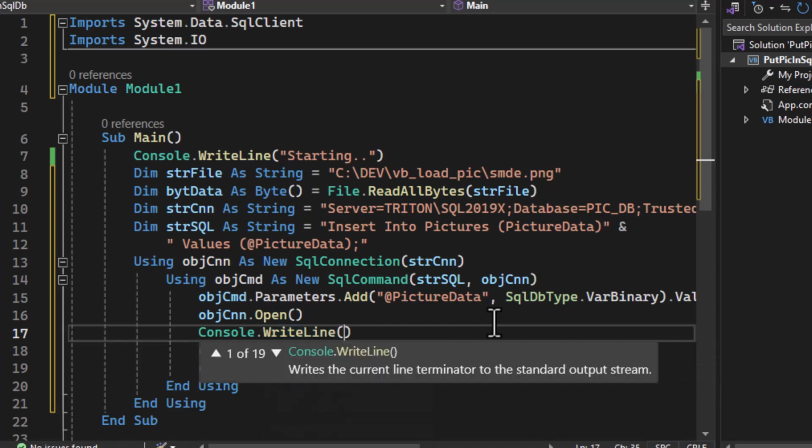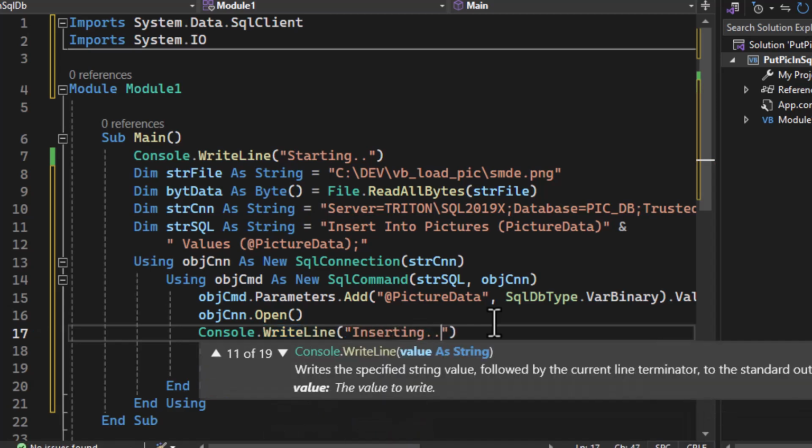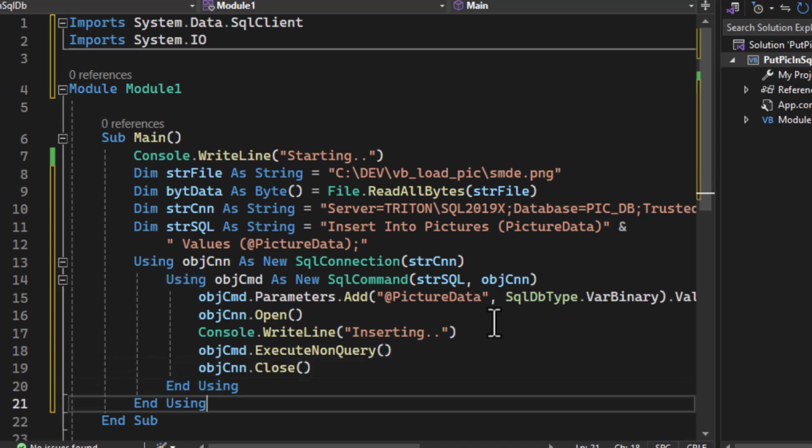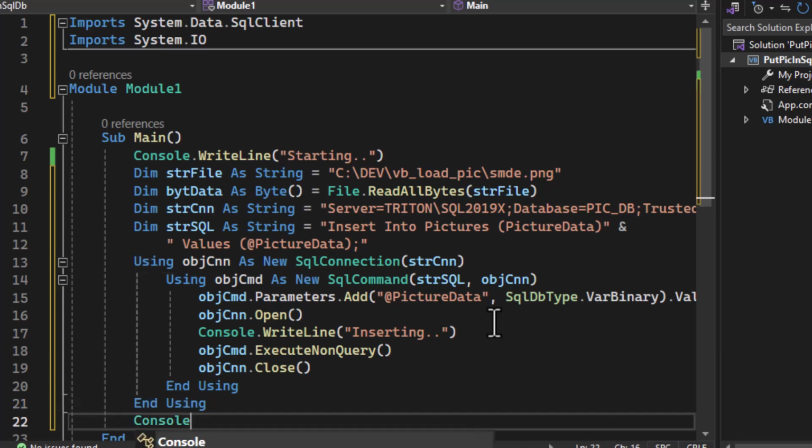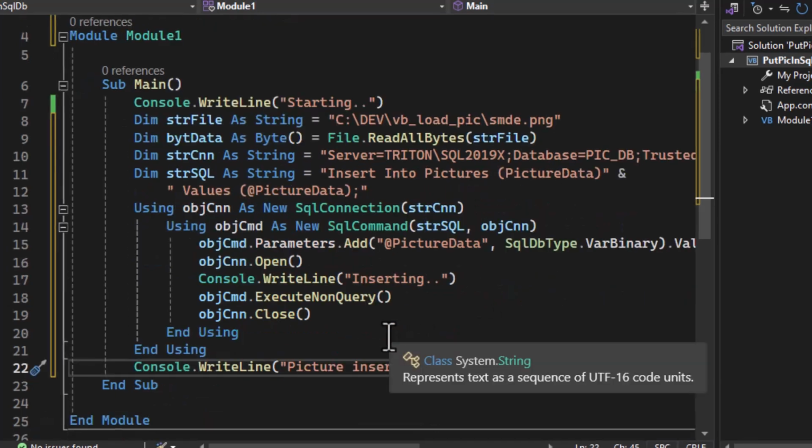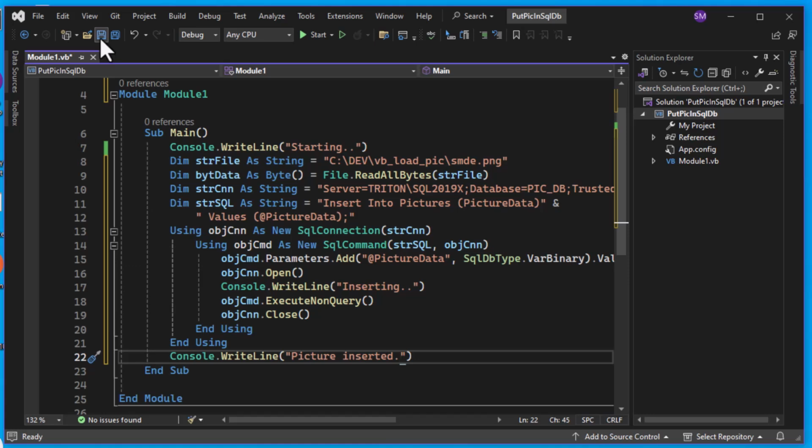So there we go. Let's put in a little bit of feedback to the user. We can put in our Console.WriteLine, we'll say inserting, just so that we have a little bit of feedback. If we get an error, we know how far we got to, and we can put some feedback at the end of our procedure here, just to show that we've gotten to the end. So we could say picture inserted or something along those lines, and that's going to give us a little bit of feedback in our procedure here. So there we go. We can save our little console application, and that's pretty much all we need in order to try and put that